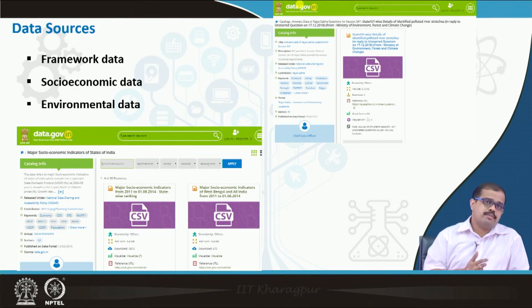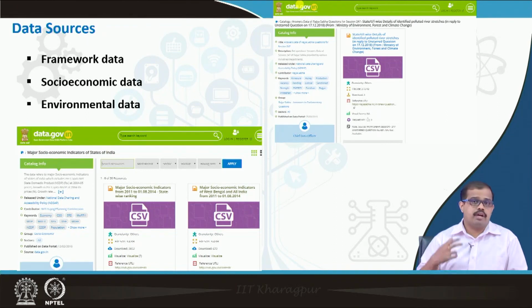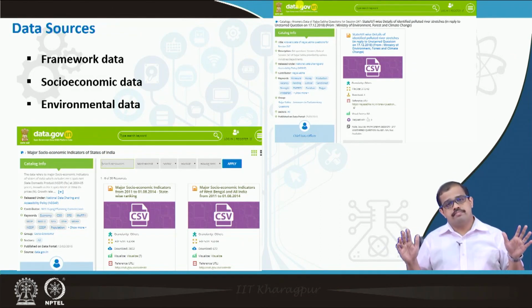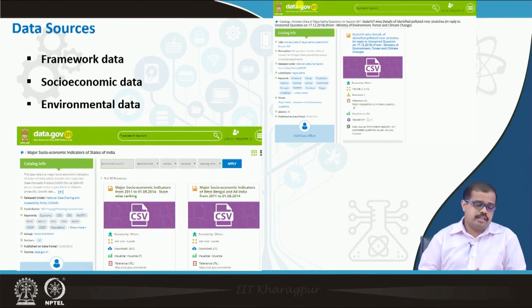There may be certain data sets which are outdated, but these are also extremely important, because old data sets give you temporal information. So look at data.gov.in. There is a huge data set. We also have the National Data Registry, where you can find out about this data. Most importantly, whatever data has been put here as secondary data has metadata. So whenever you download any data from this website, the metadata associated with it can also be downloaded, or at least looked at.